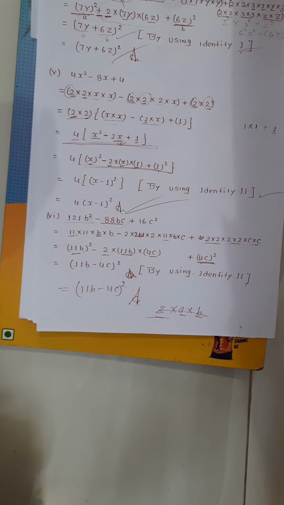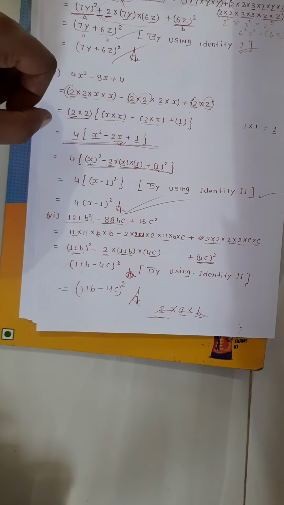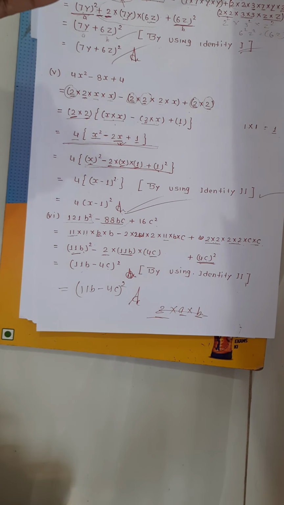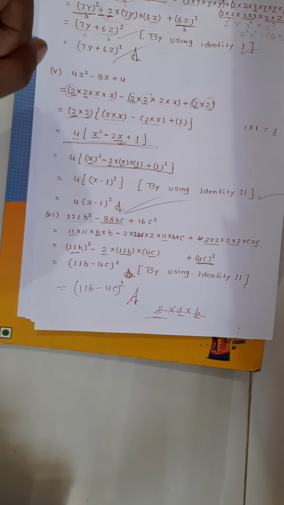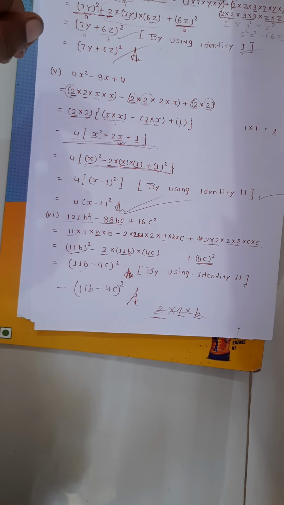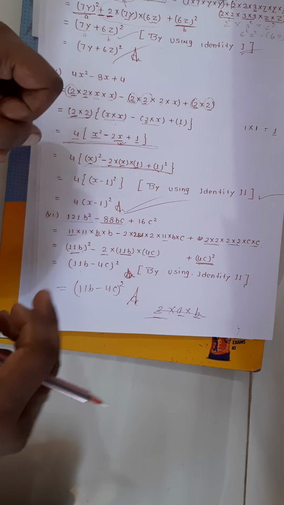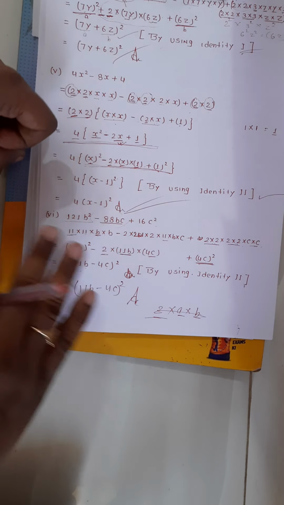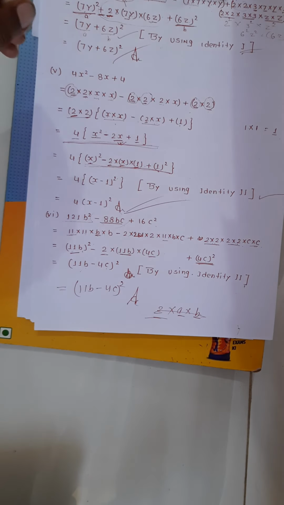Again we will check for regrouping. Here there are no 4 terms, so we cannot use the regrouping method here. Now for identity number first and second, since this expression has 3 terms, we can use identity number first, second, and identity number 4. I have already told that for identity number 4 we cannot talk, so we can use identity number first or second here. Since there are no two terms in this expression, we cannot use identity number 3. So we will talk about identity number first and second only.